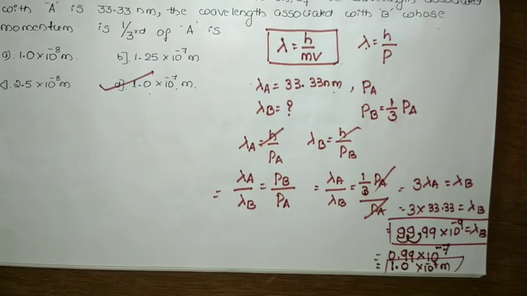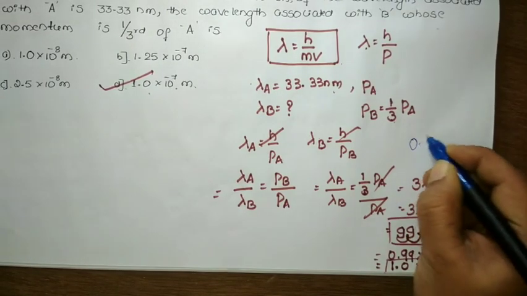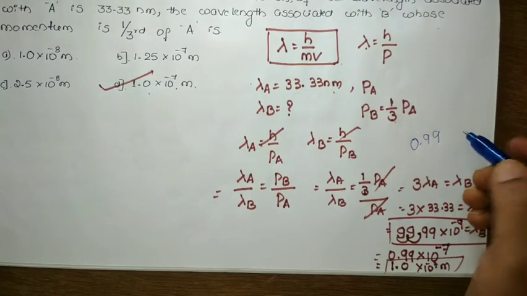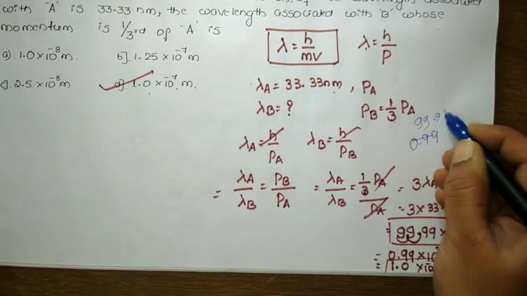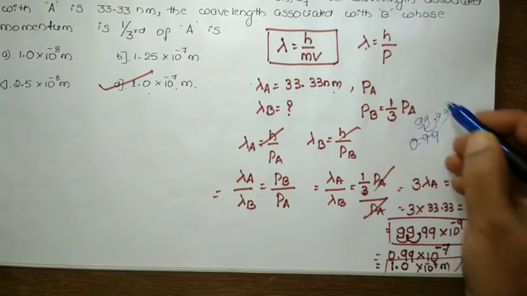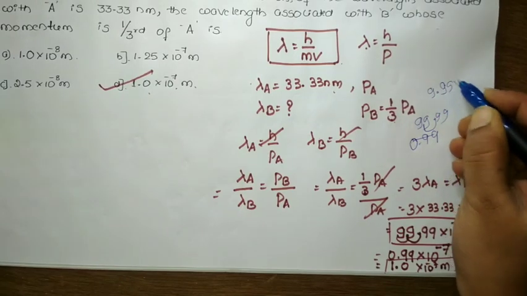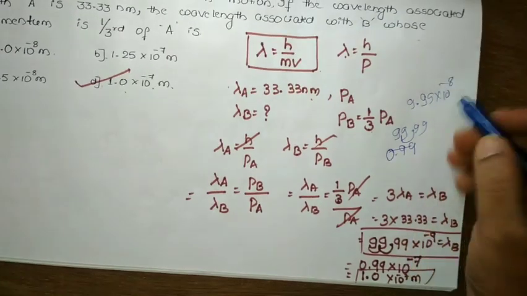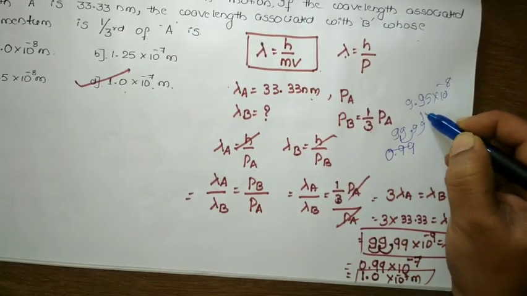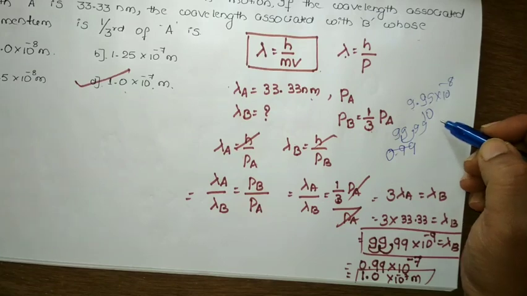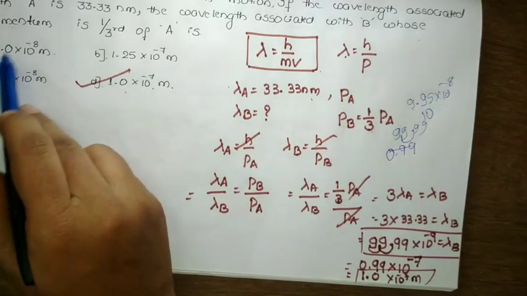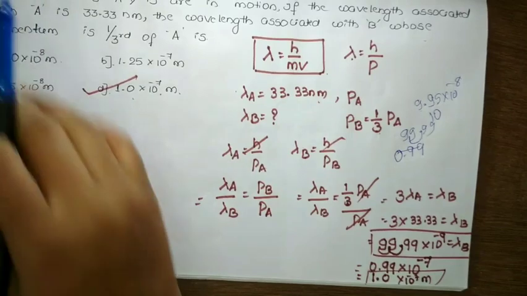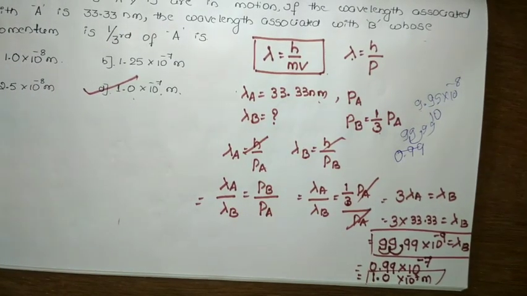So most of you will get confused over here. If they have given 99.99, what you're going to do is shift the point and write it as 9.99 into 10 to the power of minus 8. In a hurry, 9.99 is rounded off to 10, but you're not going to consider this 10. You will directly see this 1 and you will try to answer option A is the correct one. So it is very necessary to see the scientific notation and the shifting and everything. So the answer is option D.